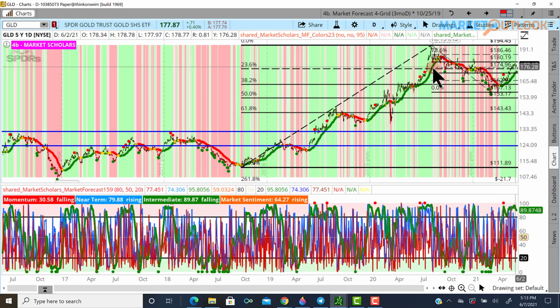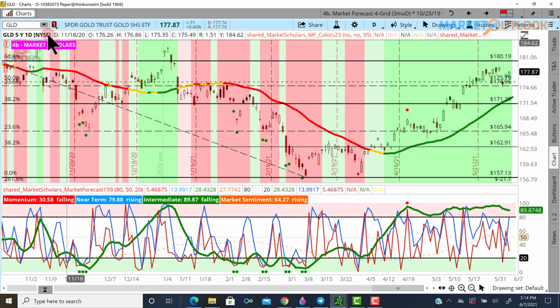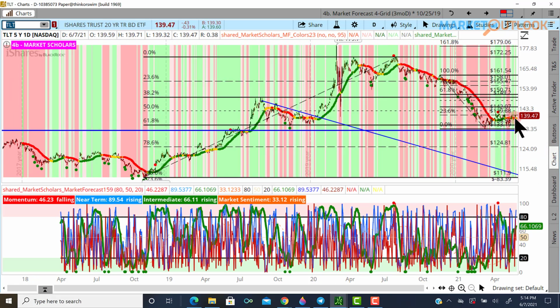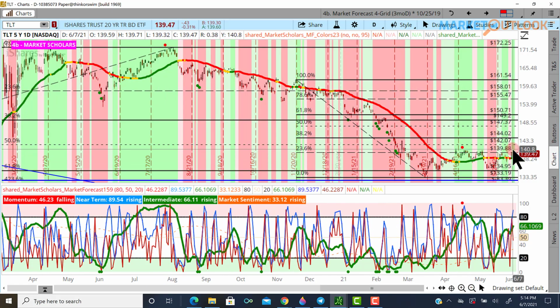Right, that line right there that we had pulled back into and then broke back up above. So showing some bullish patterns again. Remember, gold can go up for inflationary reasons, it can go up for safety reasons. Obviously, right now it's not the safety trade, but combine that with what we see in bonds. If bonds does make that break up above its own 23% retracement level, then